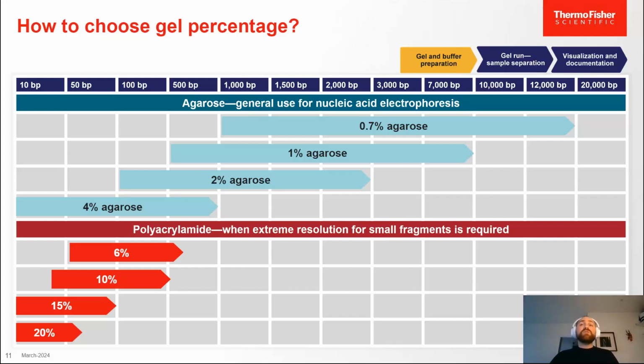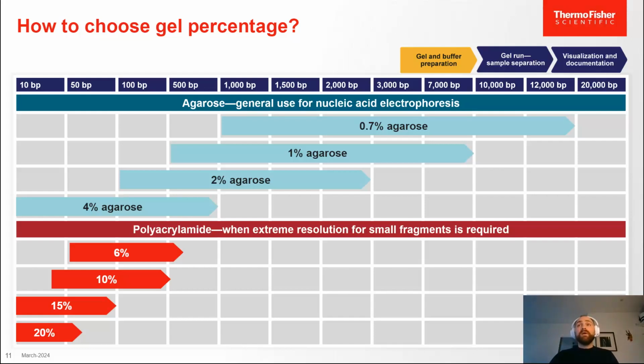But generally speaking, 0.7 to 2% agarose is very easy to handle. You can make it fairly easily. It still requires going through all the steps of melting it and so on. But still, this is basically the bread and butter of most molecular biology techniques, and you can see the separation distances that are associated with these types of